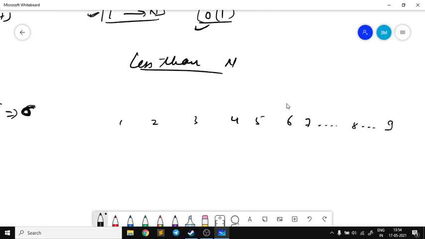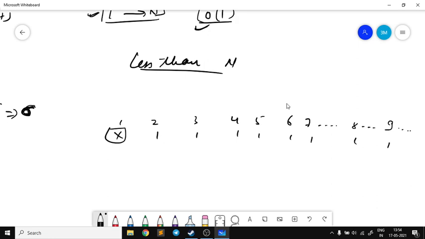Then we start from 2, because 1 is neither a prime nor a composite number. First of all, initially we mark all the numbers as 1, denoting that they can be prime numbers, but we are not sure about it yet.